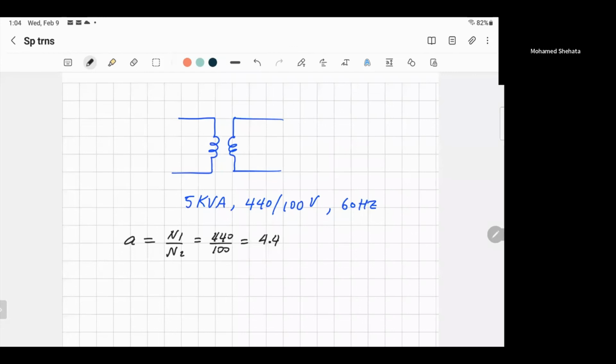The total amp will not exceed 10 amp. That's number one. Two, if you are going to primary, that's right, primary. Why? Because usually